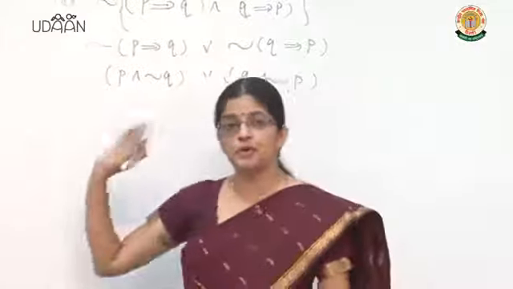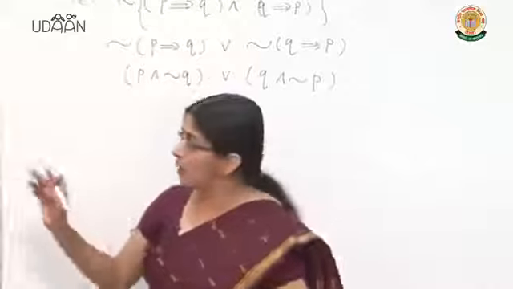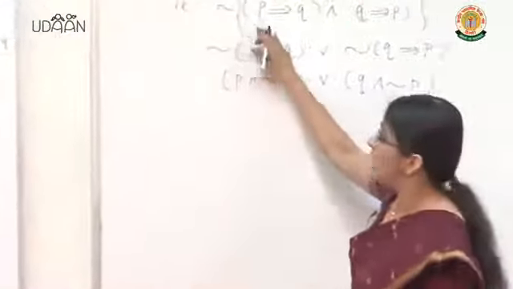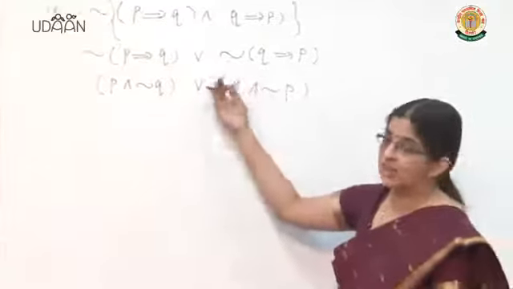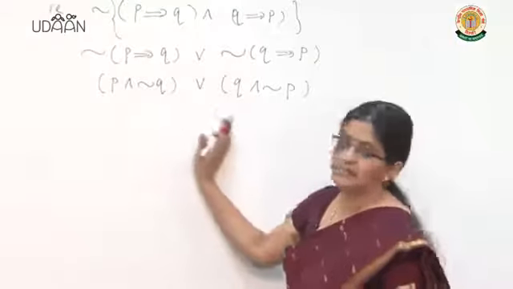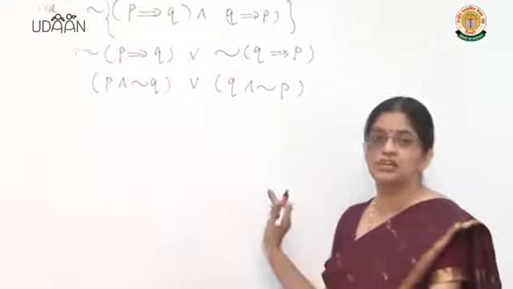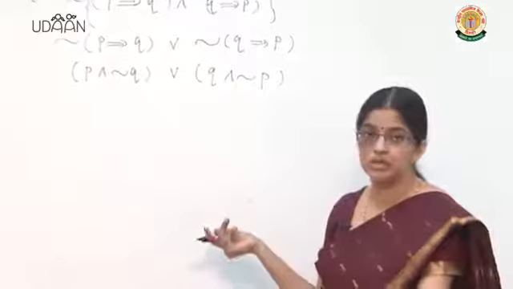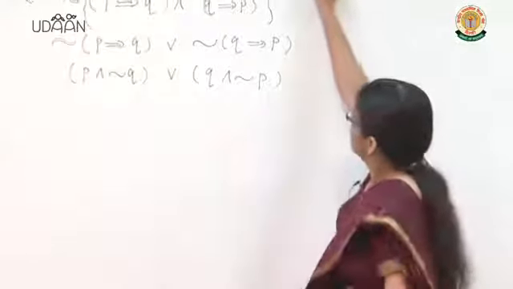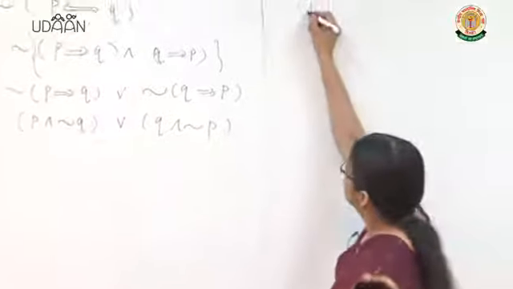Right? Beta, there are two ways to prove this. One is by the truth table method and the second by applying the properties which we have discussed. Here I have just applied De Morgan's law and we have simplified. So you can prove a logical equivalence either by the truth table method or by using the properties. Next one.